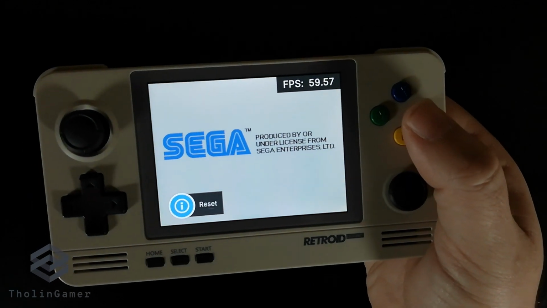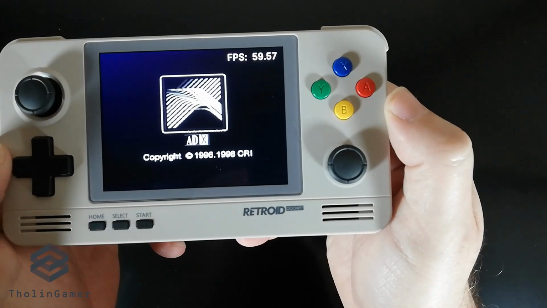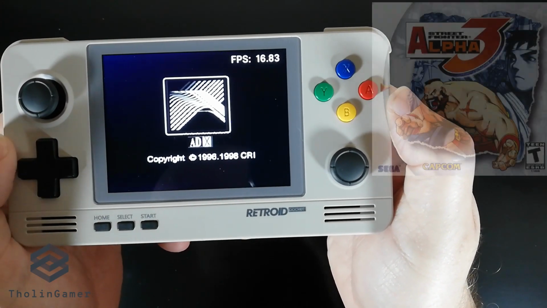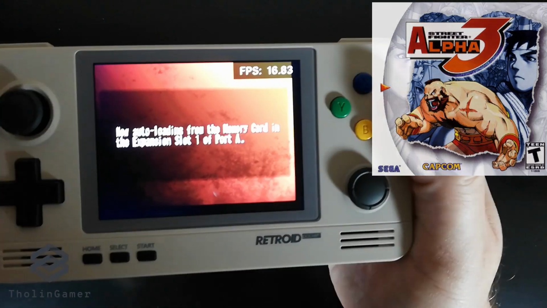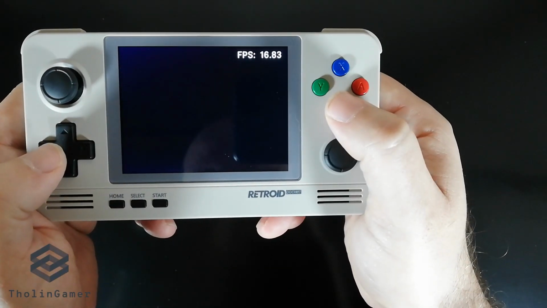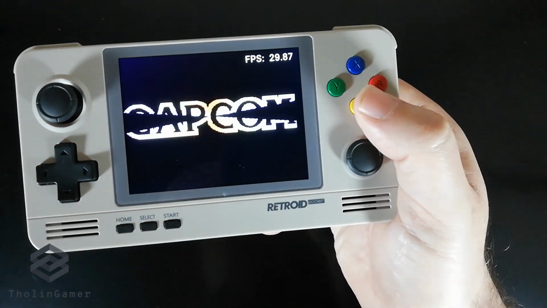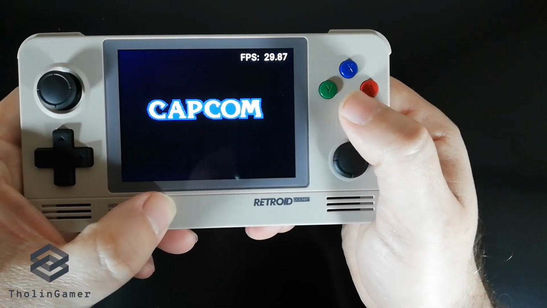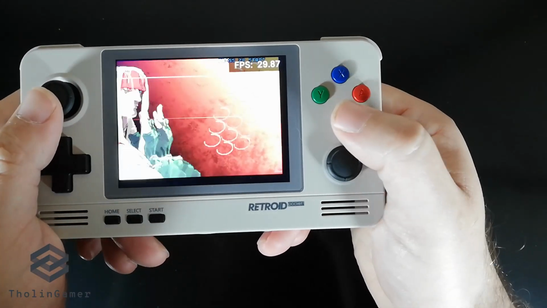franchise. We are talking, of course, about Street Fighter, and this is Street Fighter 3. Another IP of Capcom and one of the most popular fighting games across every possible platform. It was even very popular at the arcades. This is the 3rd Strike Street Fighter, and we are going to select arcade mode.